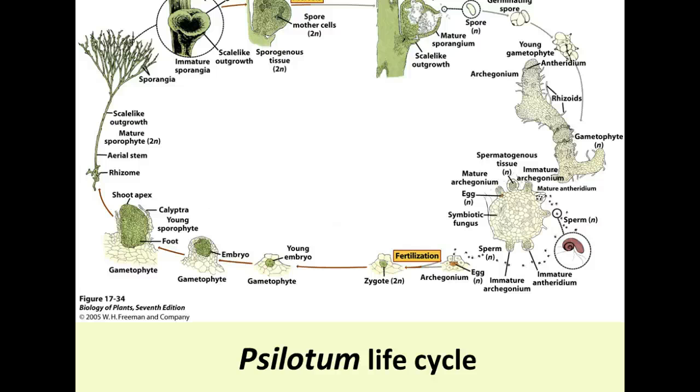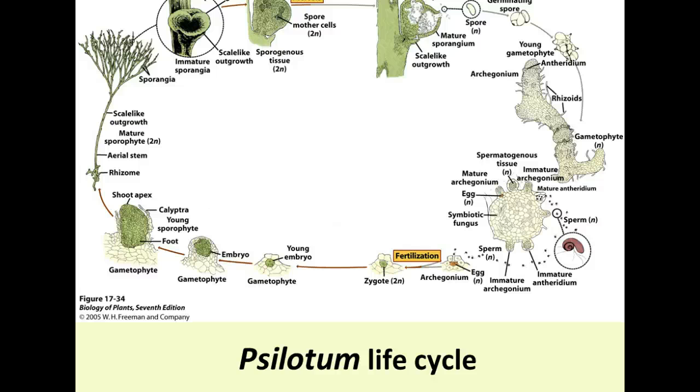So let's start with the sporangia. As the sporangia start to grow, they produce what are called spore mother cells. Spore mother cells are going to produce spores that germinate, and they become a young gametophyte with antheridium and archegonium on it. As they mature, you can see there's a mature egg, and the spermatogenous tissue is going to become sperm that are then released and fertilize the egg in the archegonium to produce a zygote,